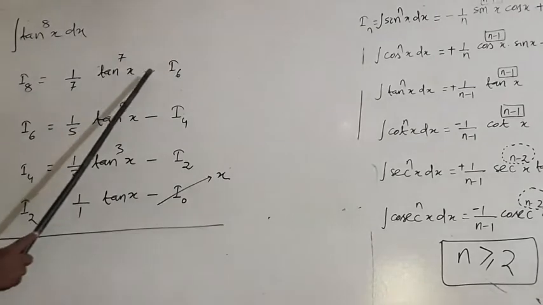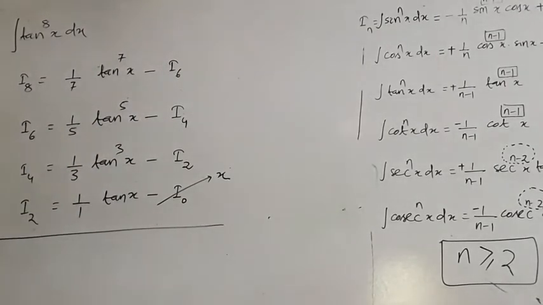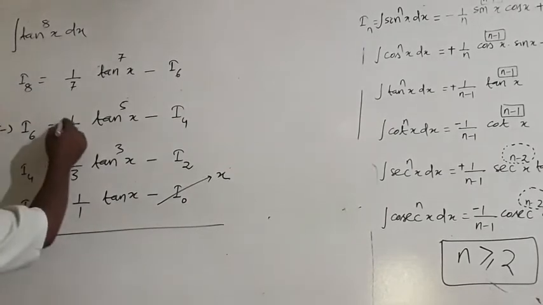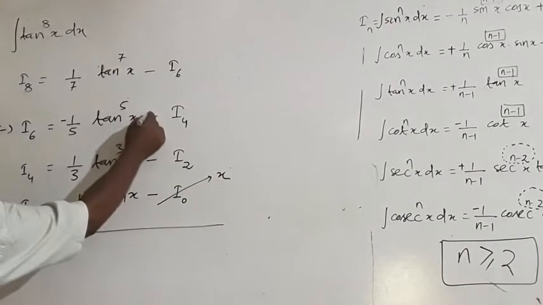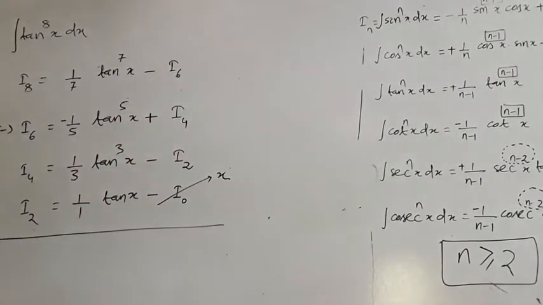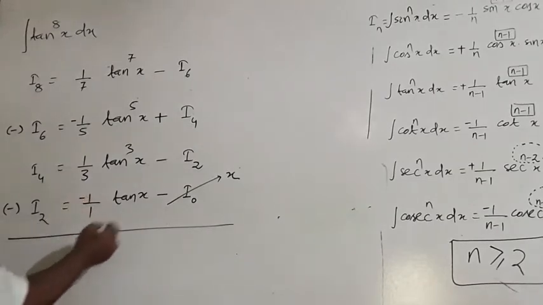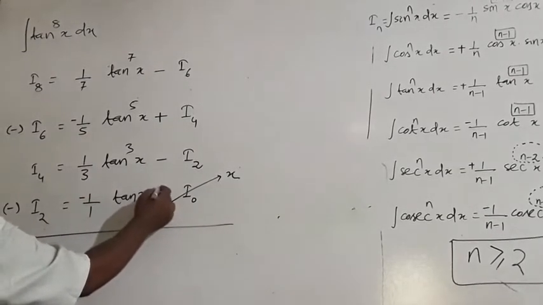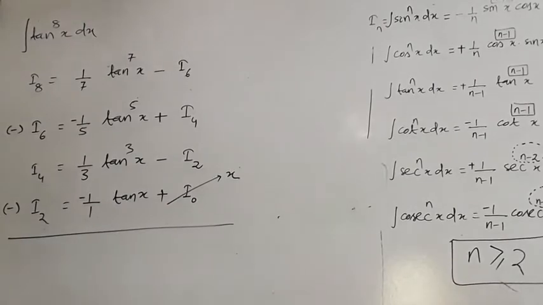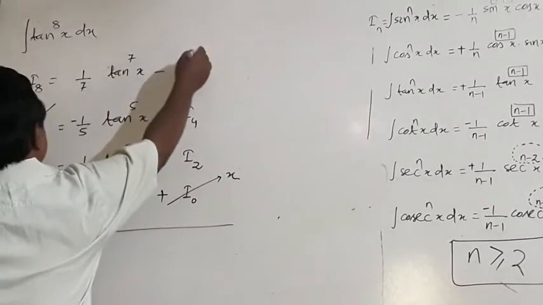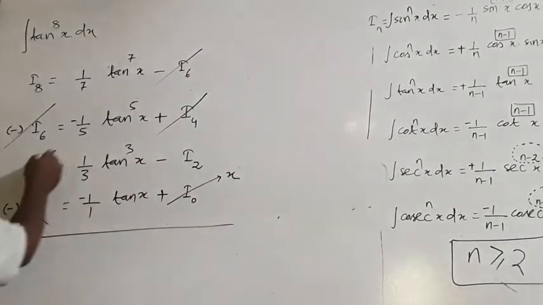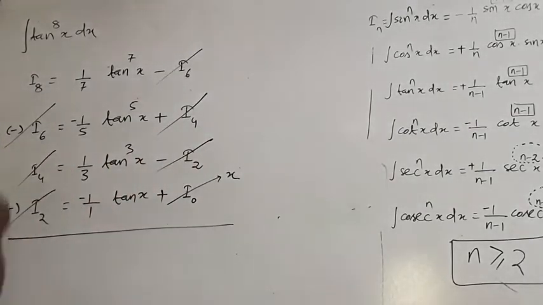Now look here. It is minus I6, so you have to put a minus mark here. Then you have to put minus here, and it becomes plus I4, which you know. Now I require minus I2, so I am taking minus, and it becomes plus. Now you will cancel: minus I6 and I6, I4 and I4, minus I2 and I2. When they cancel, you get your I8.